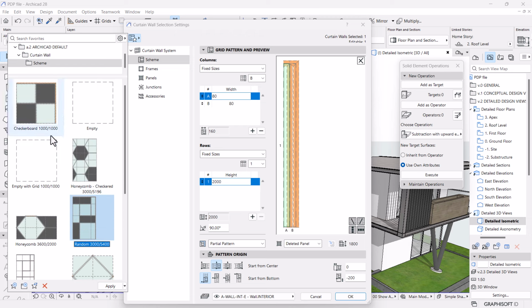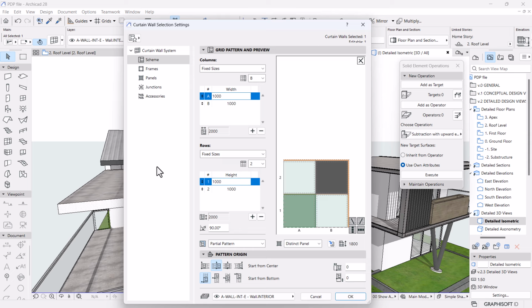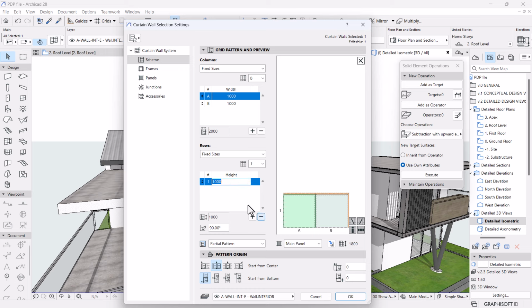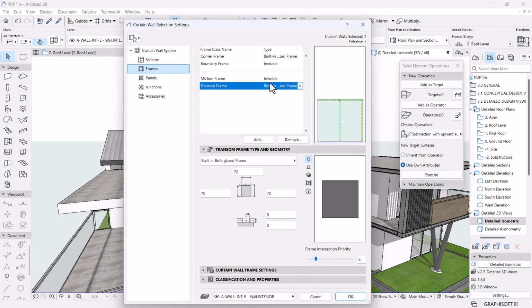I think this checkerboard, and then make sure the material is for main panel. Yes, all is main panel. Then the frames, so the height will be 1.8. So if you go to the frames, I want to have the boundary